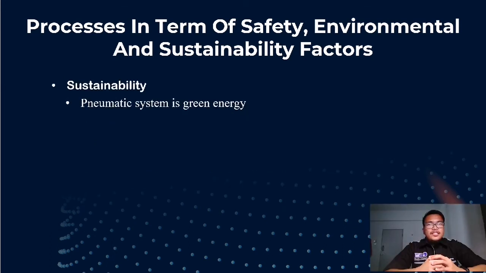Alright, we go to the next point. This point is sustainability. A pneumatic system is a green energy because the system is using air energy that does not harm the environment. Although this energy cannot be depleted, because air and electricity are energy that can be renewable and easy to get. If we use something besides air and electricity, such as oil by using a hydraulic system, that can reach